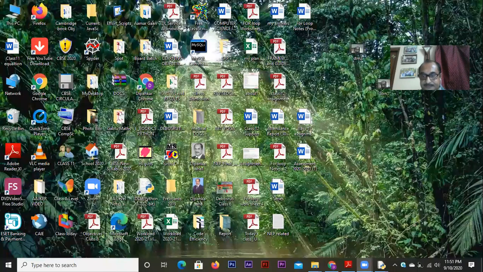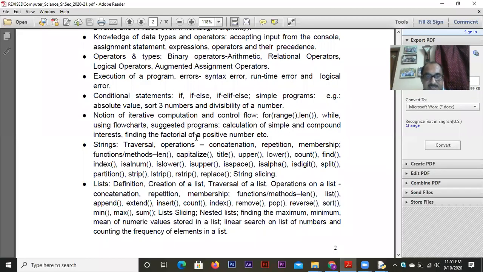Hello class, we will continue with our revisions on string functions. Some functions we have done. Let me share my screen with you at first, then we can see the syllabus side by side. This is my revised syllabus right in front of you. We have done capitalize and title in my previous video. Upper, lower also I told you in connection with that. Count also I told you. Let us do the functions.